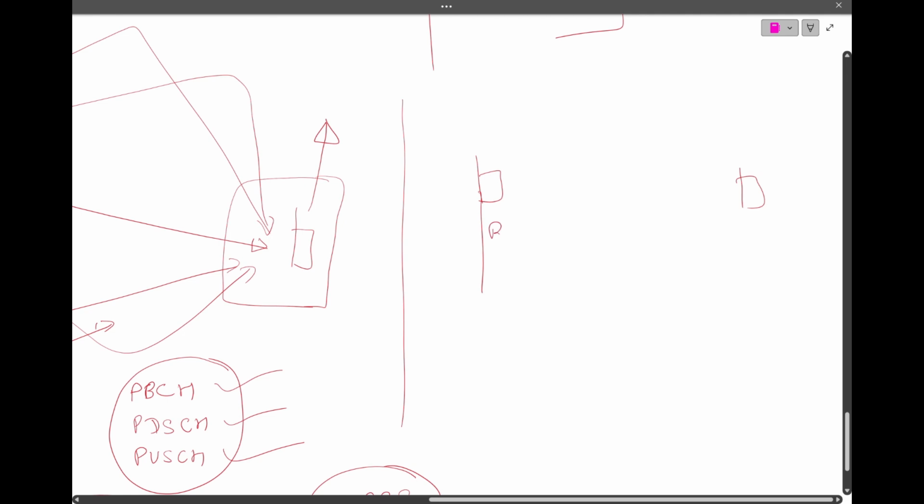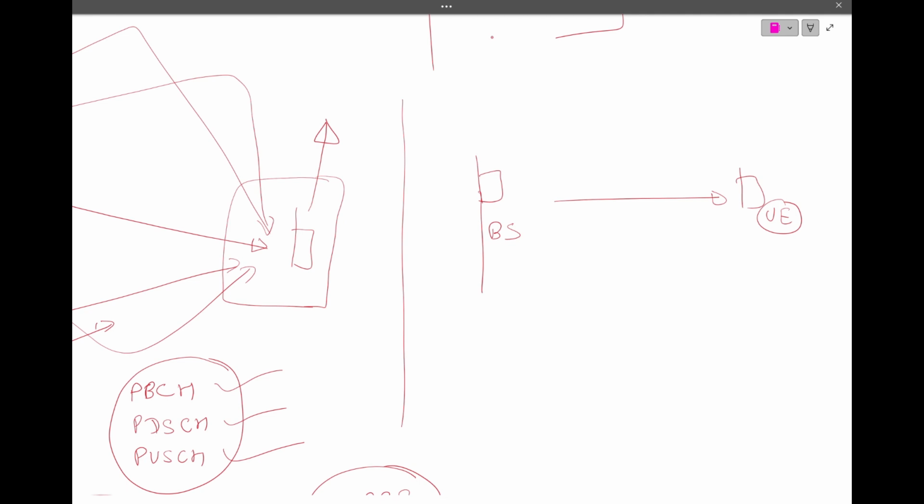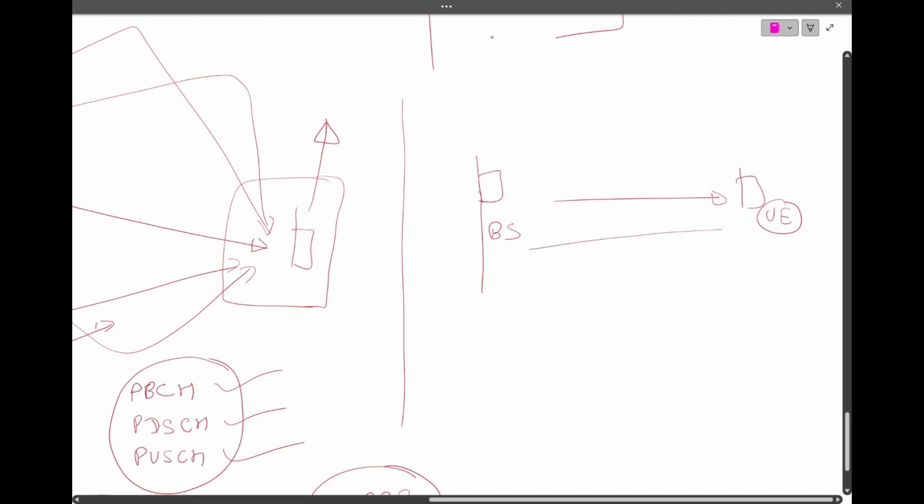Okay, let's say the base station sent a signal to the UE. Now there should be a way where the receiver sends a signal back to the base station telling about the packet loss or packet pass. Packet pass means it's decoded, or it got lost. There has to be a way in which the receiver signals the transmitter, so that based on that,